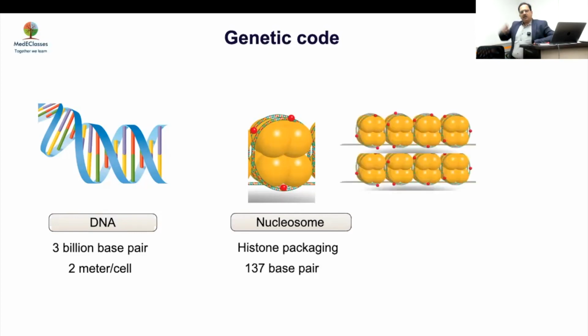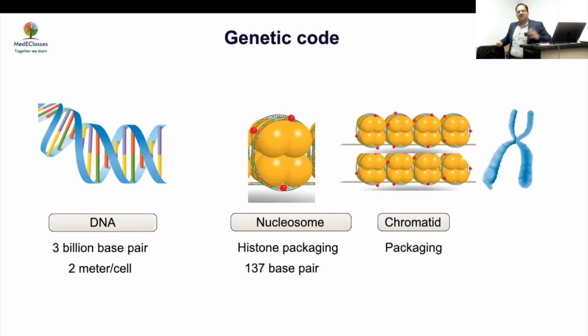And from there, they form the chromatid. And this chromatid then forms the chromosome. So this is how the whole hierarchy goes. You can imagine that you are in a locker room in which there are hundreds and thousands of lockers which are locked. As and when somebody comes to you with a key, and the person from the bank also comes with the key, you have this double lock which opens, and then you can take out the money or something like that. So all these genes are actually in a locker.